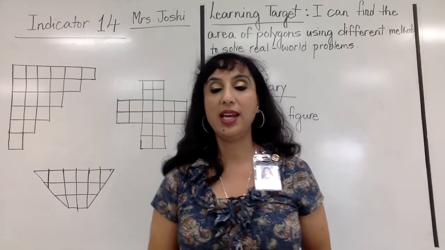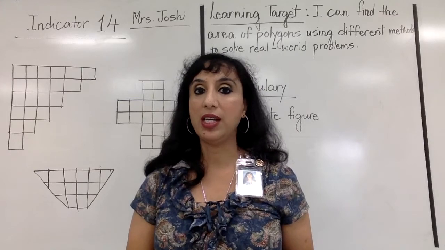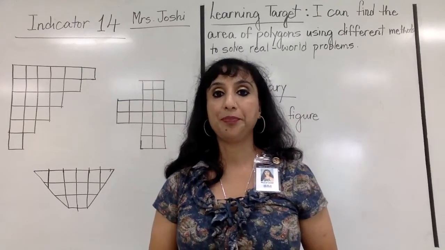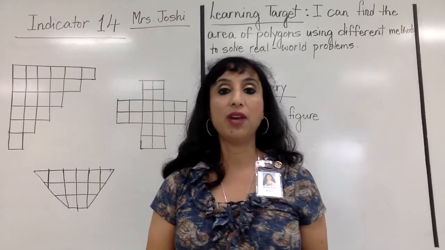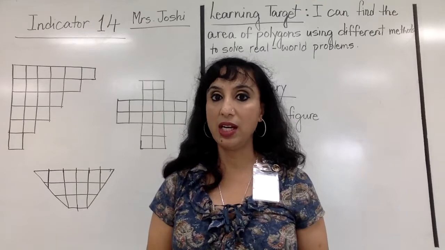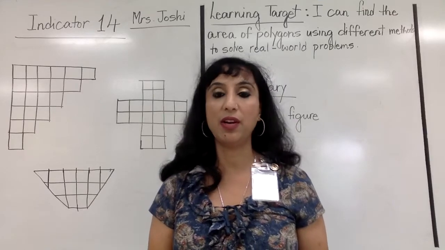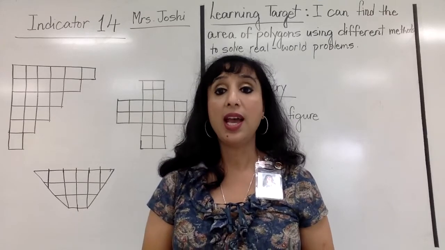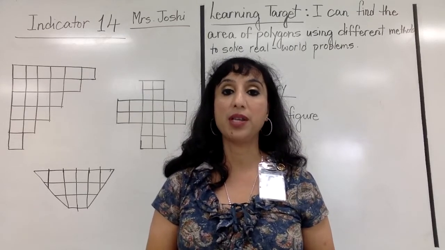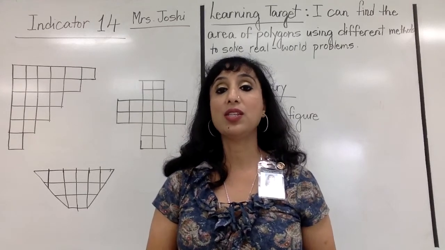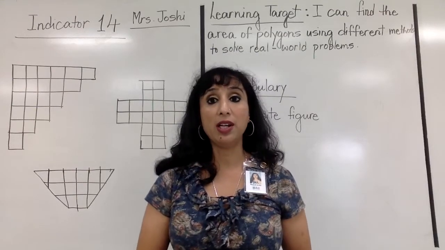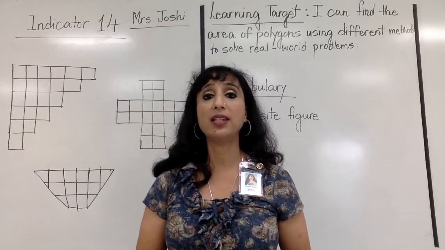You now understand areas of two-dimensional shapes of the polygons. You understand area of a triangle, you understand area of the quadrilaterals that we have done, like squares, rectangles, parallelograms, and trapezoids. And so now the last part is finding the area of composite figures. Okay, so as you can see, learning target, I can find the area of polygons using different methods to solve